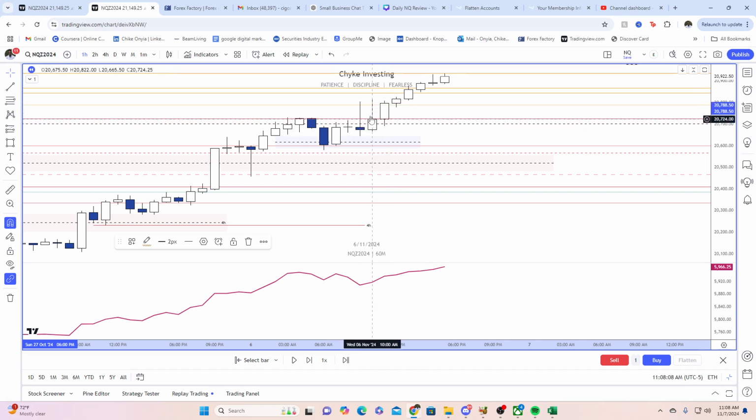As you can see with these wicks, right? What would that look like on the 15-minute, 5-minute, 1-minute, right? Price is going up and down, up and down. Price eventually breaks through the constant encroachment of this wick on this 11 a.m. candle, and then we continue going higher, right?